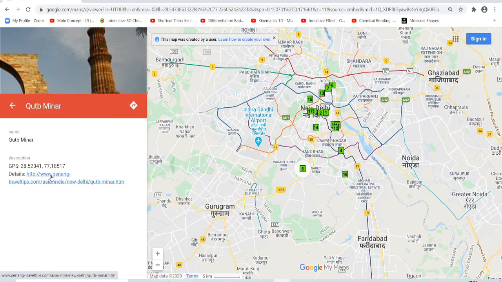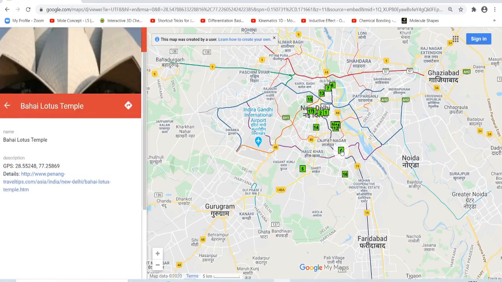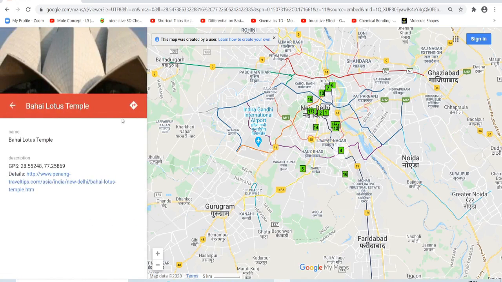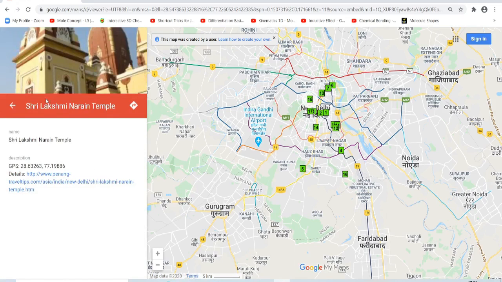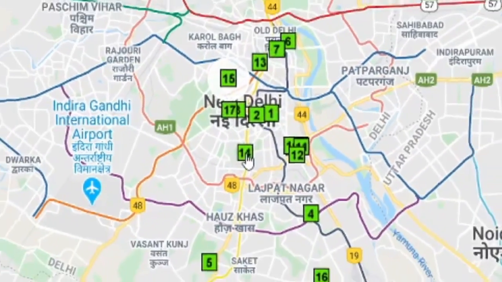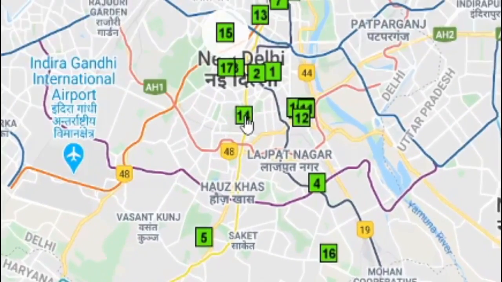If I click on another number, say this Lotus Temple, you can see the GPS location as well. If I click on 15, that is Sri Lakshmi Narayan Temple. So as and when I click on any number, you can see some shape is generated over here. See, if I click here,